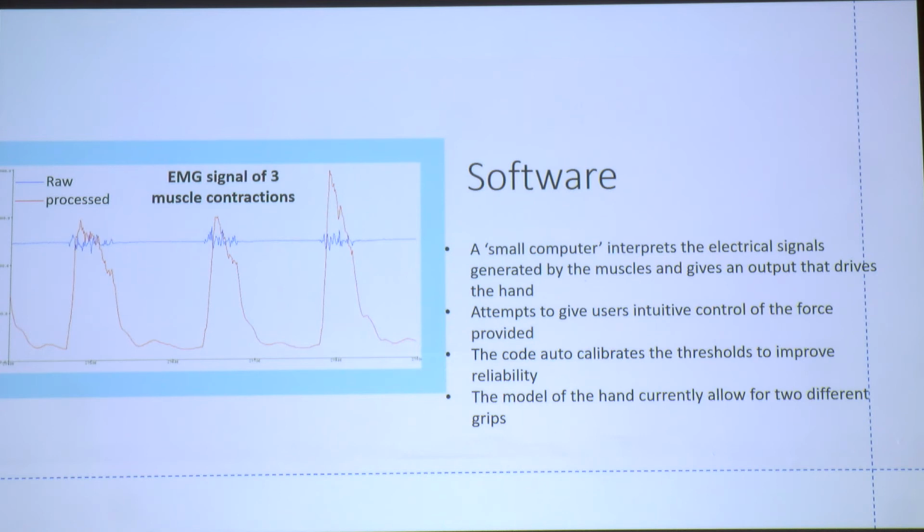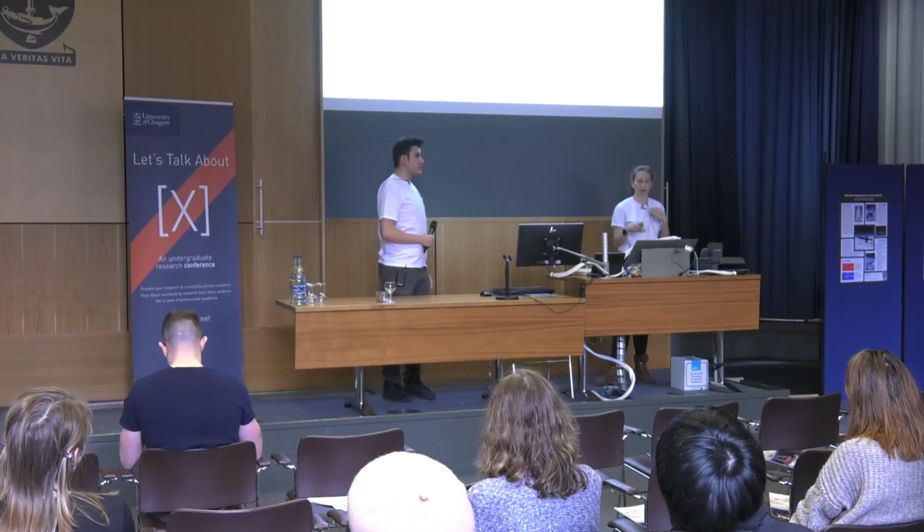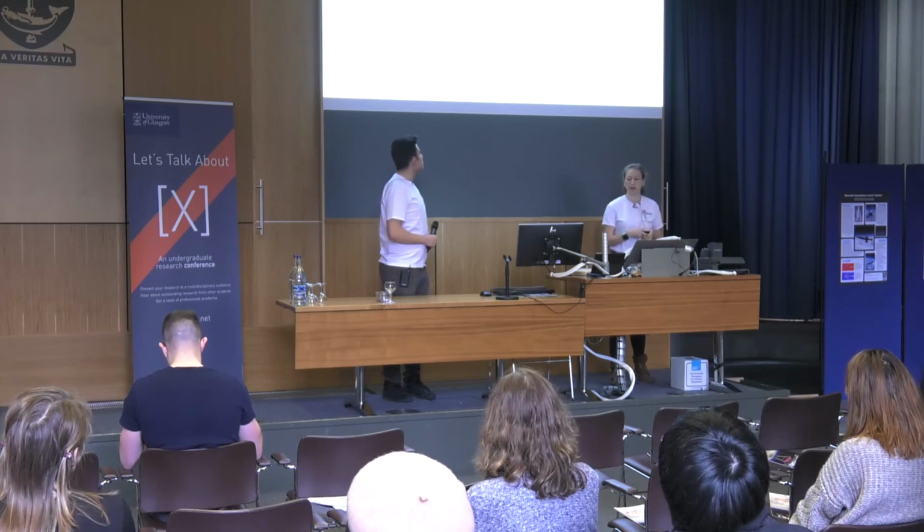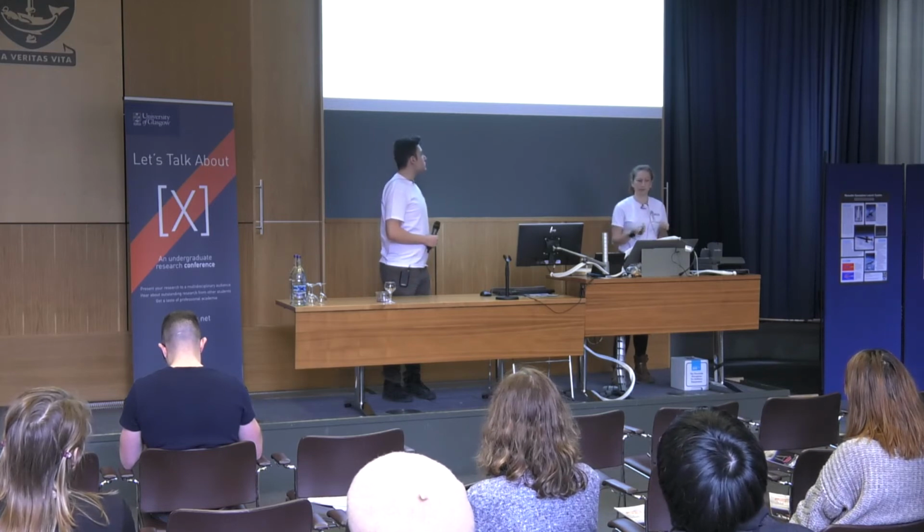But doing it this way, we need to have a very accurate threshold so we know when the muscle is tense or relaxed. And this threshold is quite important to find accurate since it changes from person to person, and it changes from the same person from day to day or even throughout the day, just depending if your muscles are more tired. So in order to try to overcome this, we wrote a code to auto-calibrate this threshold, so it automatically detects the thresholds for the user,